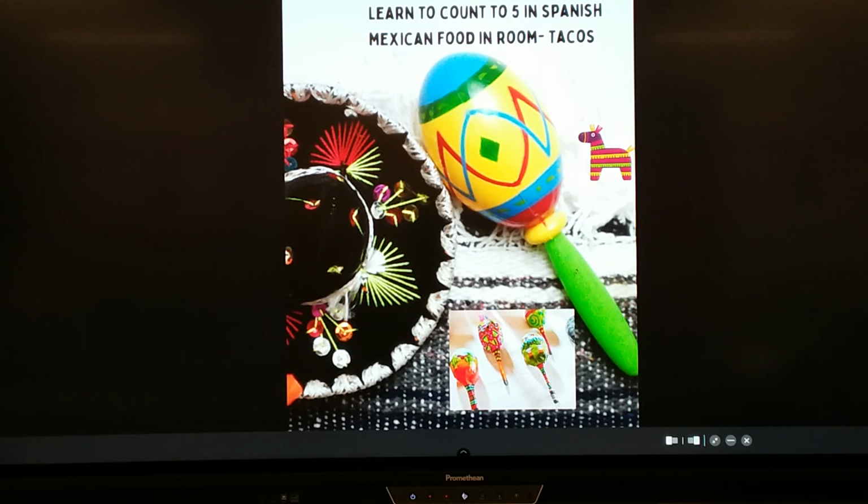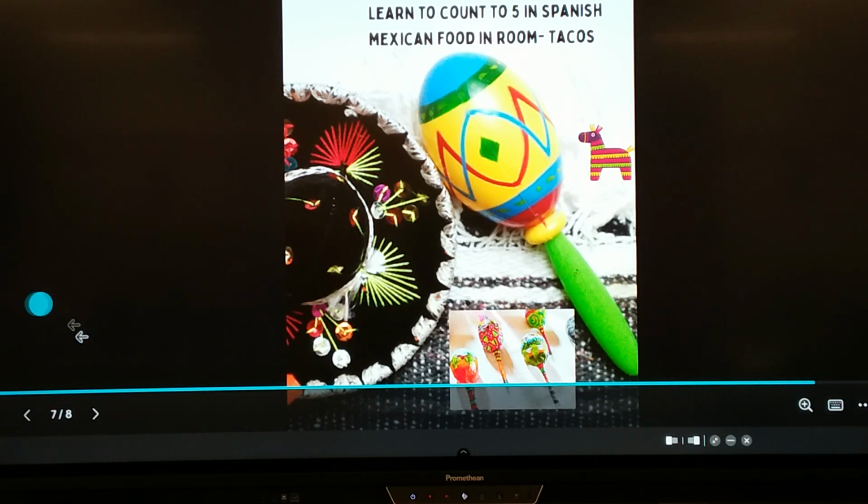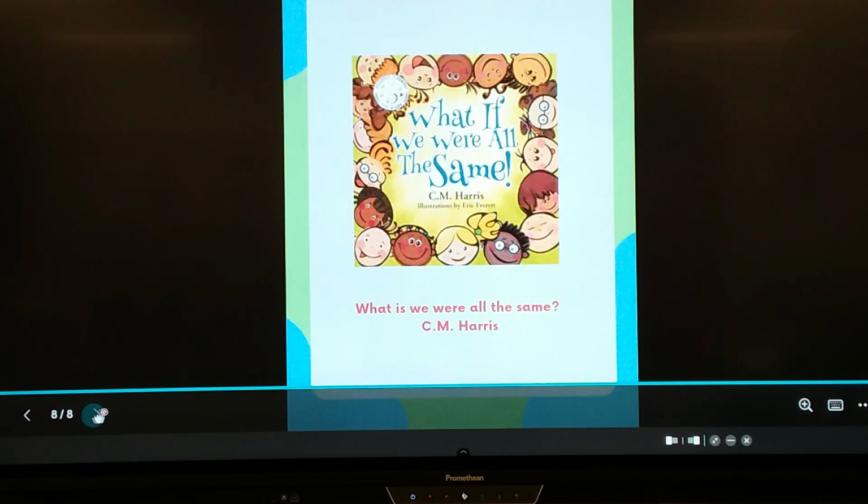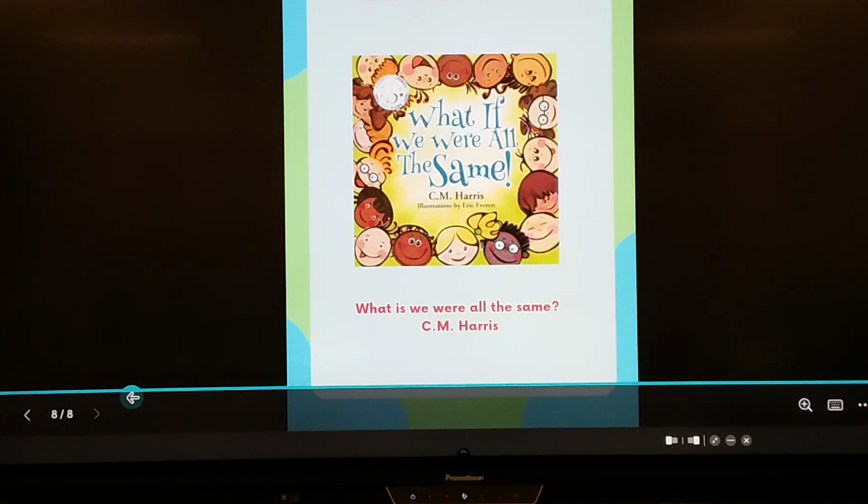Again, on each of these stations, these areas, these rooms, we are just learning the different cultures, different things that each of these countries do, and their different food types, where these foods came from that we all eat here in the United States. At the end, we would have a story time, and it would be, What If We